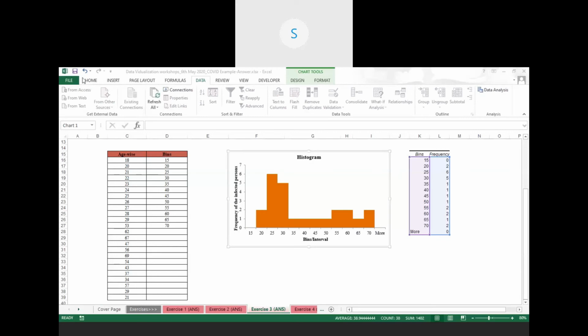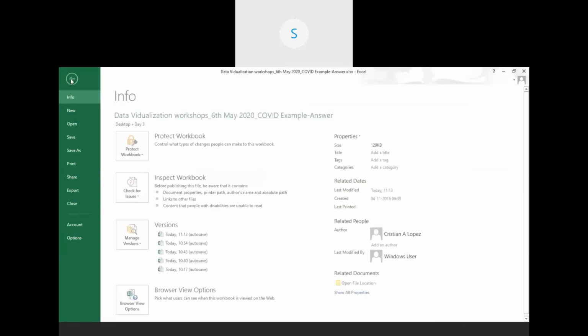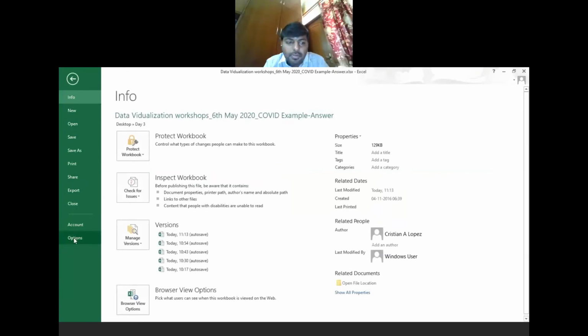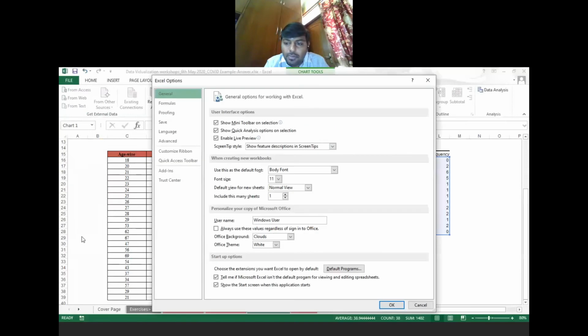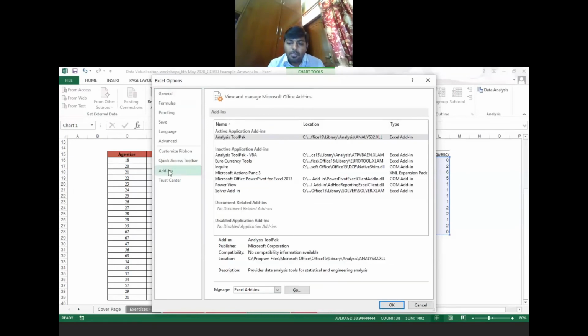First, go to the File option. Ajit is explaining how to add the analysis part. In this menu, the last option is named Options. You'll get this screen. After clicking on Add-ins, we'll get a window like this.